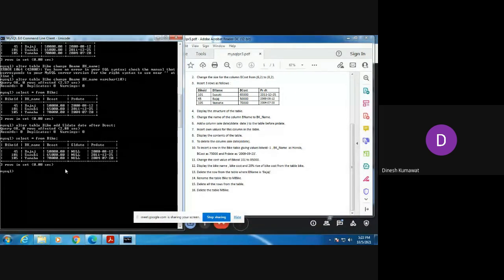You can remember by remembering the purchase date. After the purchase date only you will sell, you won't purchase after selling, though maybe, it depends on you. Okay, so tell me how I am going to insert the values in this column.